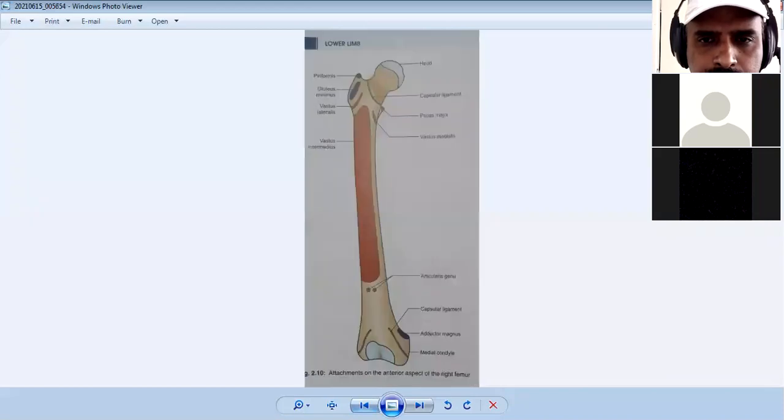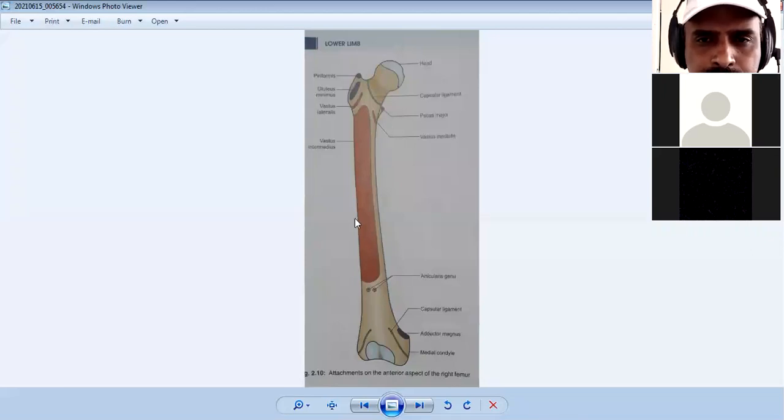Next, going to the part we have to mention, the shaft of the femur. It is the longest and strongest bone, we call it the strong thigh bone, because its shaft is long and strong. So the shaft of the femur is long, and it is a strong weight bearing part of the leg in the thigh region. So it is the bone we name the longest and strongest bone.